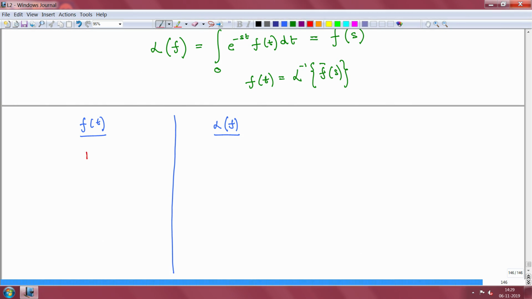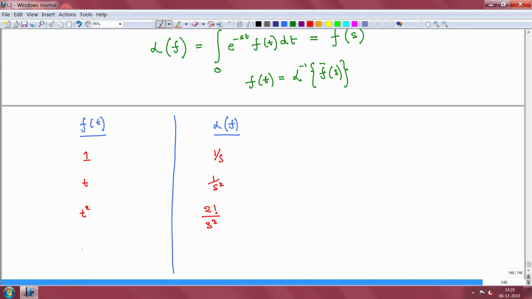For example, Laplace of 1 comes out as 1 by s, Laplace of t comes out as 1 by s square, the Laplace of t square comes out as 2 factorial by s cube,